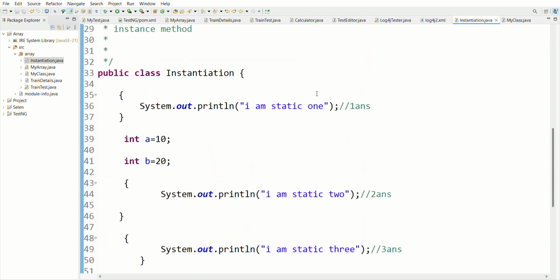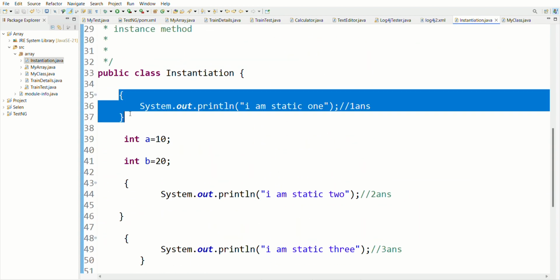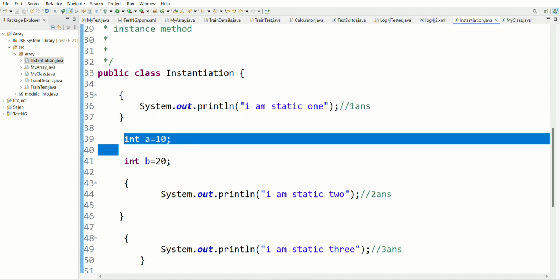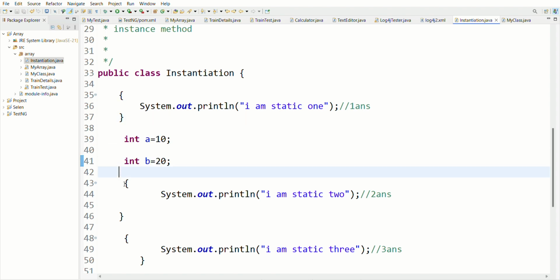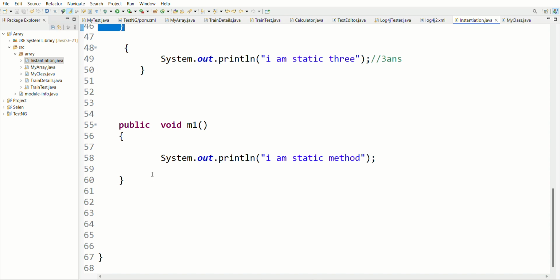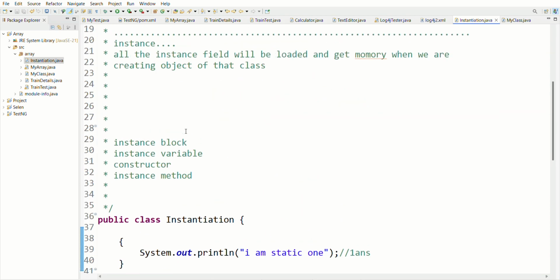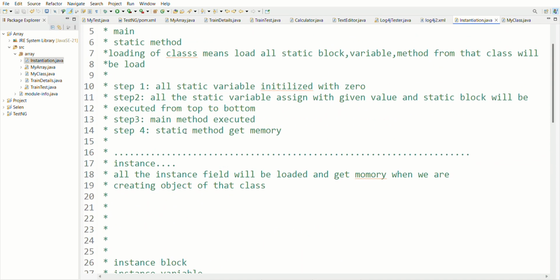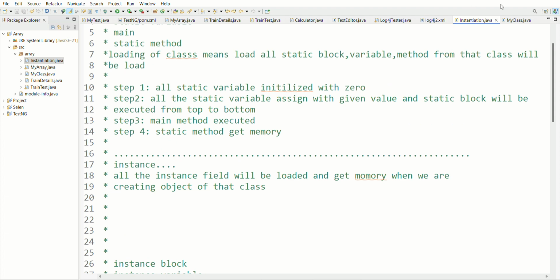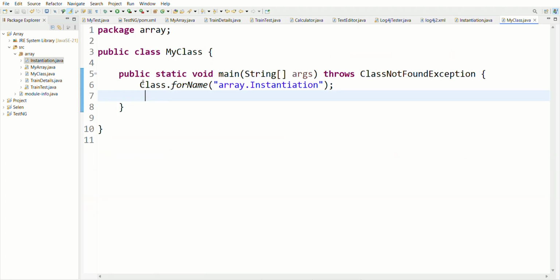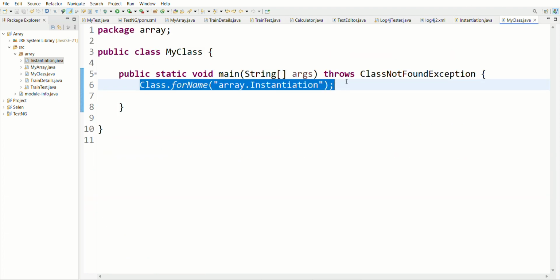Here where is the static? There is no static. This is an instance block, this is an instance variable, this is an instance variable, this is an instance block, and this is also an instance block, and this is also an instance method. There is no static in my program right now. So at the time of class loading there will be nothing. There is no static, so no one will execute it.